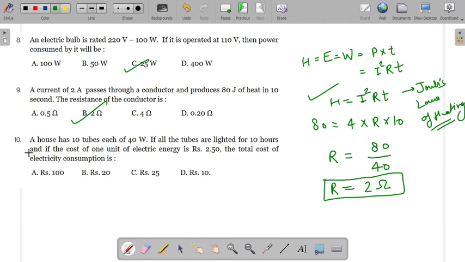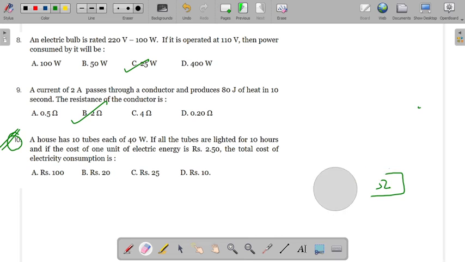Now question number 8 is a special question which I had kept in this worksheet, because questions of this type, power calculation and bill calculation, you will often get in board exams, and these questions are basically very easy. Today I put only one question. In upcoming numerical sessions, we will do more questions of this type, like question number 10. So for now, see question number 10.